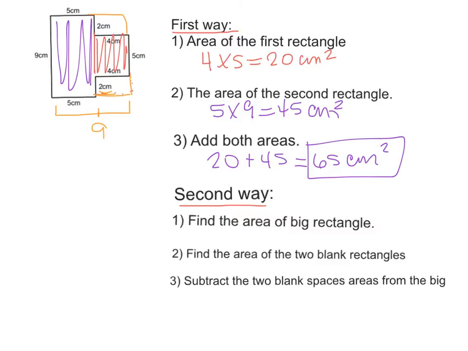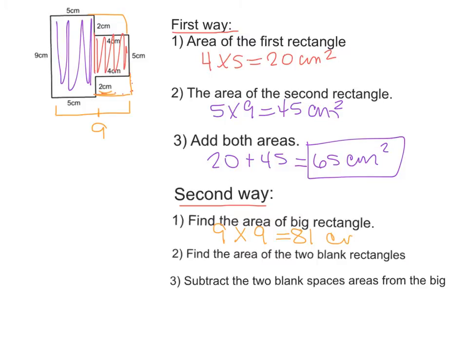The same goes for the other side. If this is 5 and this is 4, 9. So the big rectangle would be 9 times 9, which is 81